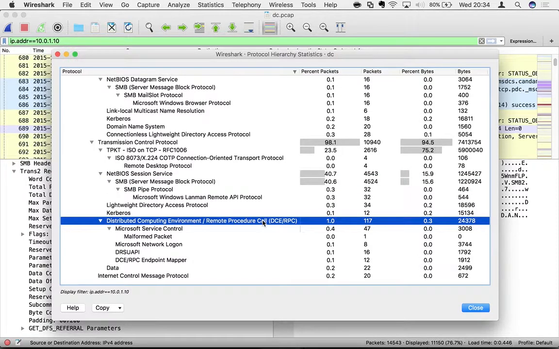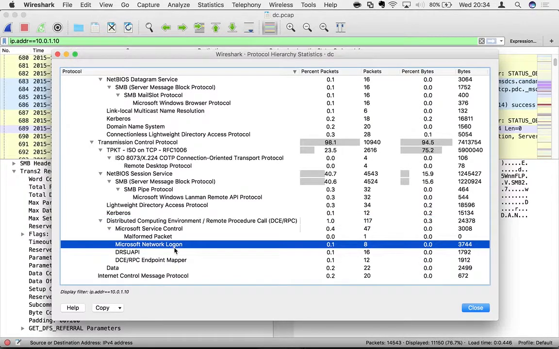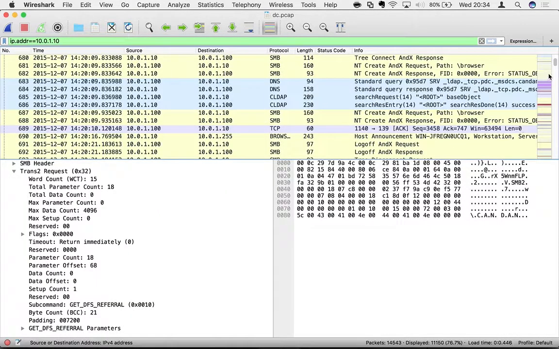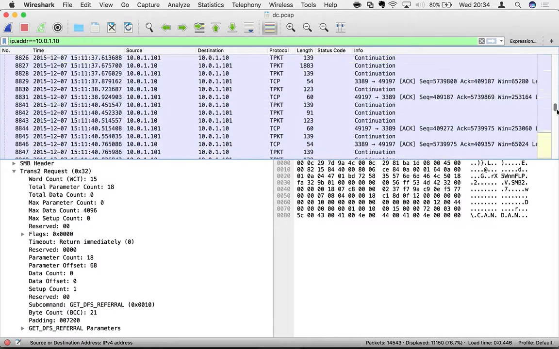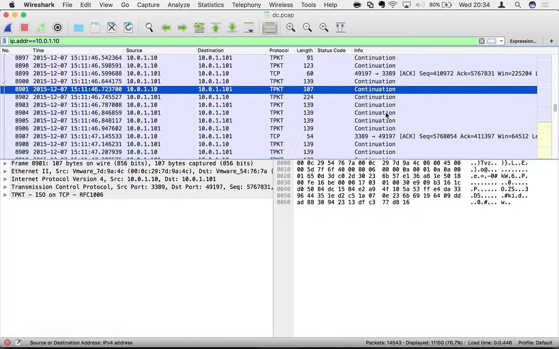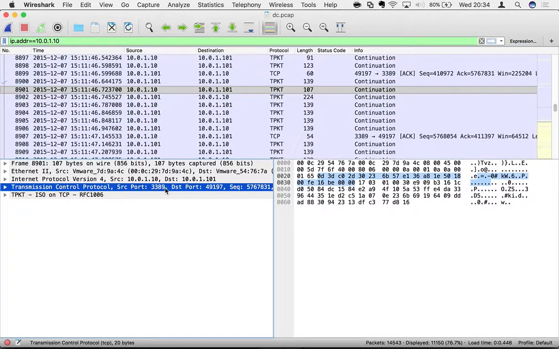So I can take a look at the DCERPC, but this time no exploitation exists. I can assure you guys. When you look at that, you will see that these are legitimate packets. If you don't see any exploitation, you cannot be sure that this is an exploitation. Remember, this also has encrypted traffic, but it's the remote desktop